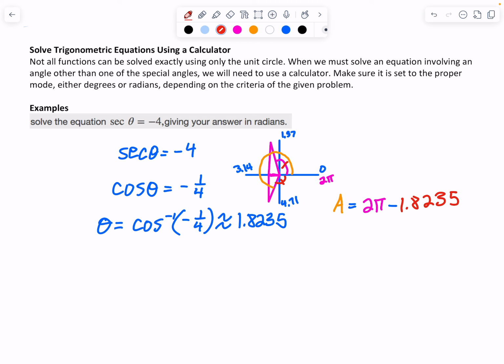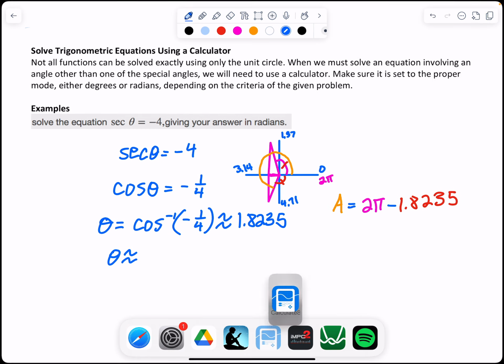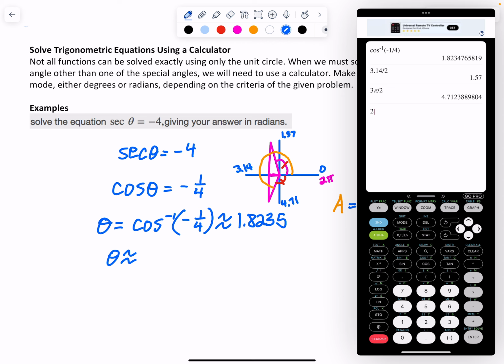All right, so the second answer, I just go to my calculator again, and it's going to be 2 pi minus 1.8235. I'm actually going to go up here and use the big decimal so I have a more accurate answer. So it is about